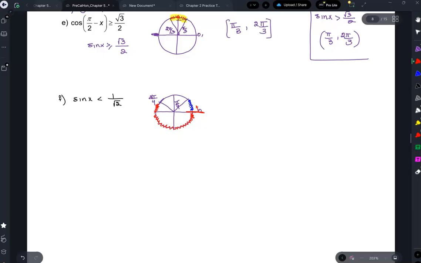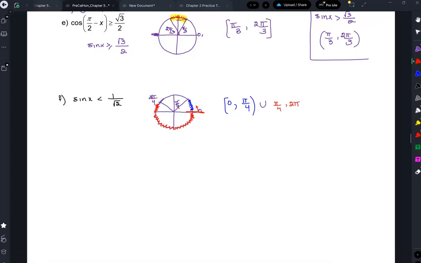So if I were to describe that region starting with 0, I would say the first region is 0 to pi over 4. Okay, now here we go. Do I include the pi over 4? No. Do I include the 0? Yes. So that's going to be closed. Do you see that? And then to do another region, I have to use this mark which says union. Pi over 4